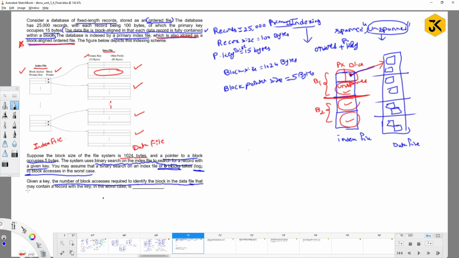That may contain a record with a key in the worst case. What they are specifically asking is the number of block accesses required to identify the block in the data file. Once we are able to perform the binary search operation, we can identify where my record is, so that it will be connected to the respective block. That is what is required to identify